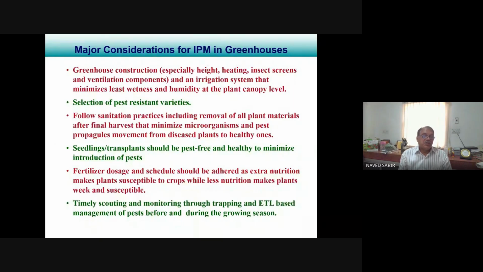The fertilizer dosages should be such that they are not giving advantage to the sucking pest, because overuse of nitrogen will lead to a lot of vegetative growth. The plant growth will be green and juicy, and the crop canopy will be favorable. Crop microclimate will be